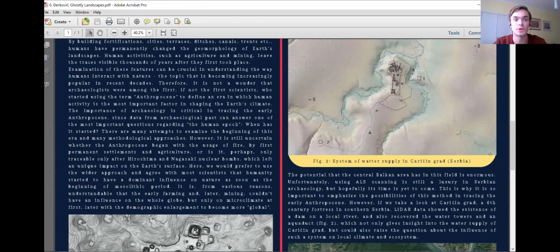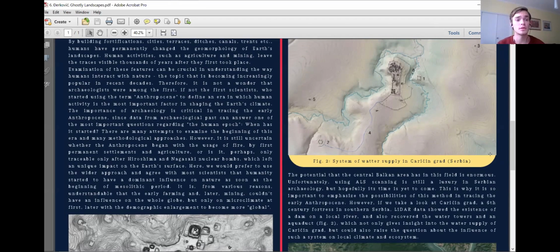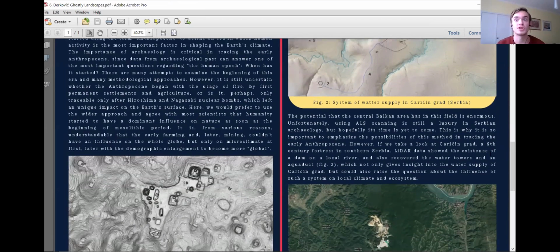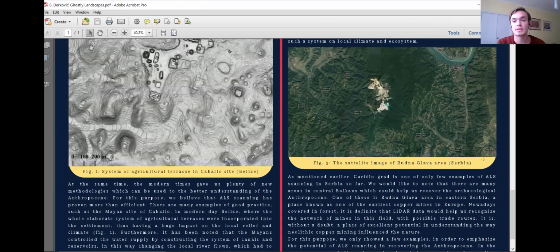So that's the way Serbian archaeologists explained what they saw, but they never actually thought about the impact of those human structures on the local microclimate, on local ecology, on local ecosystems, and it definitely had to have an impact, on the fish that live in those rivers, or local plants, etc. So what we wanted to do is give a proposal, since we didn't really have our own data and our own research which we can show you results with. This is more of a proposal of what should be done and what could be done in present-day Serbia in order to trace the early Anthropocene, and that's why we called the whole thing Ghostly Landscapes, because we cannot